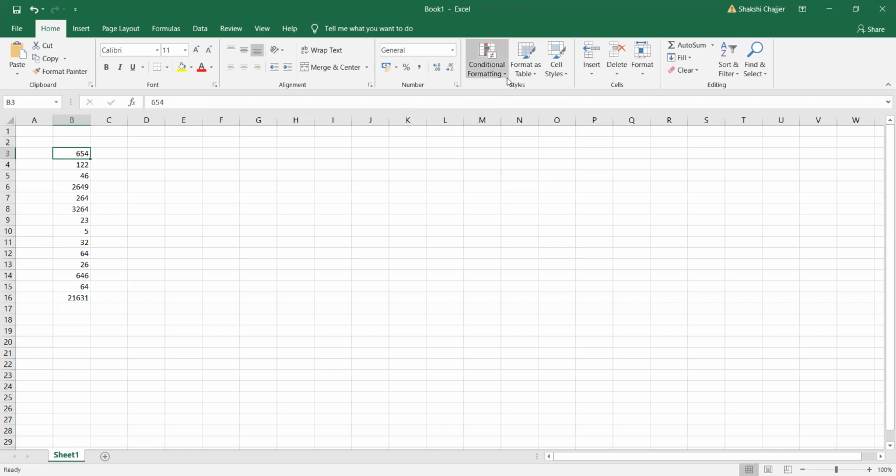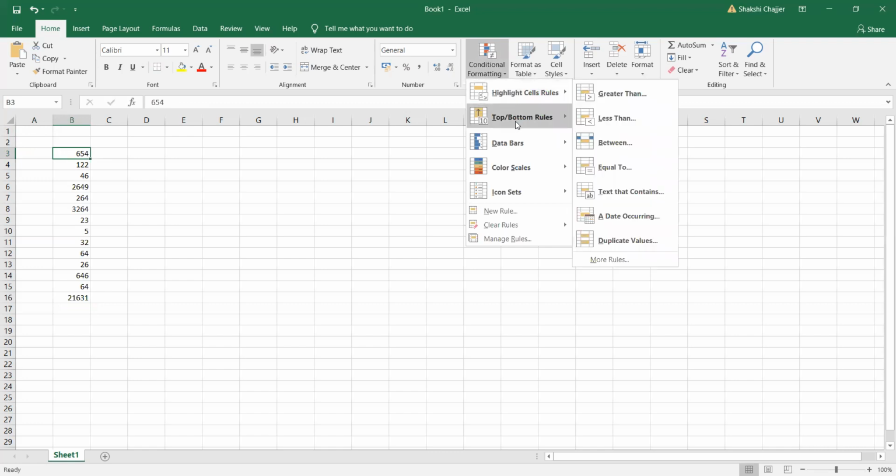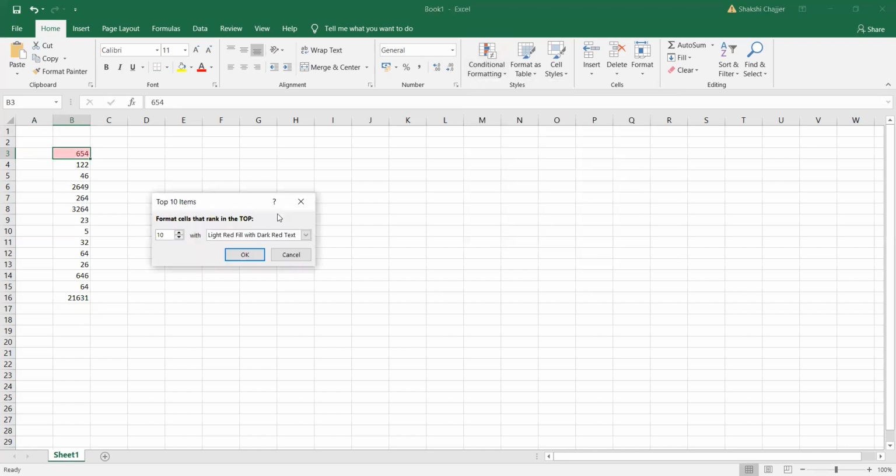Now if I go for conditional formatting, if I click on top bottom rule, let's say I click on top 10 items. Now for top 10, I do not want top 10, I just want top 6 items. Now for the top 6 items, I want green fill with dark green color. So if I click on OK, see only this thing got highlighted.